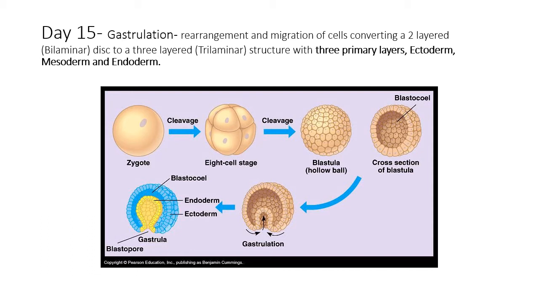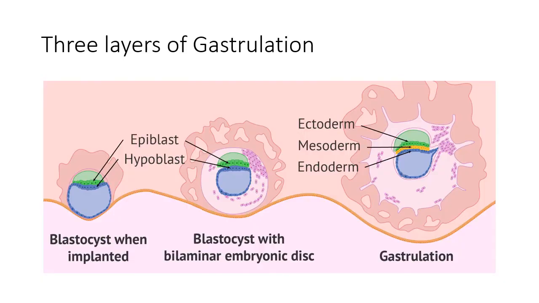I said the blastocyst has 3 layers. I'm mistaken. It actually only has 2 layers. And the gastrulation stage has 3 layers. And here you can see your 3 layers: ectoderm, endoderm. In this picture, it doesn't show you mesoderm, but in this one, you can see